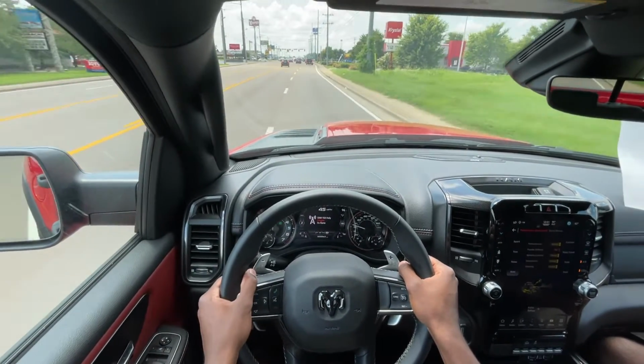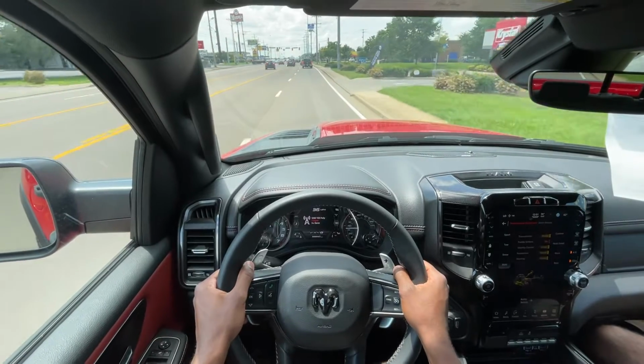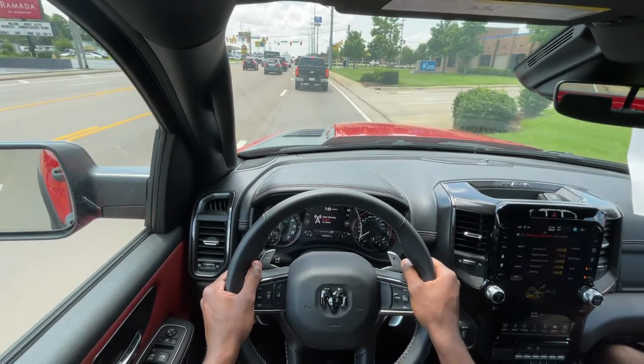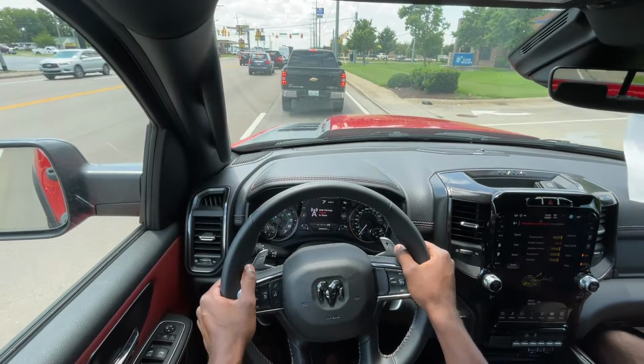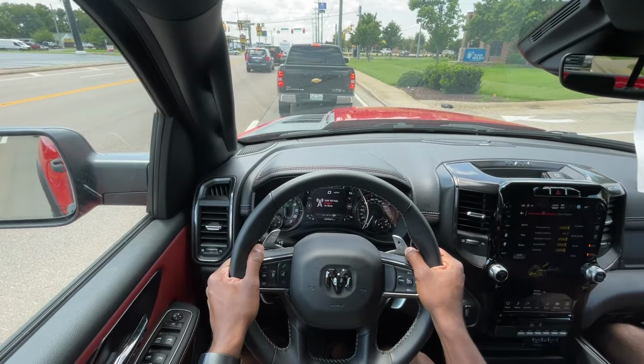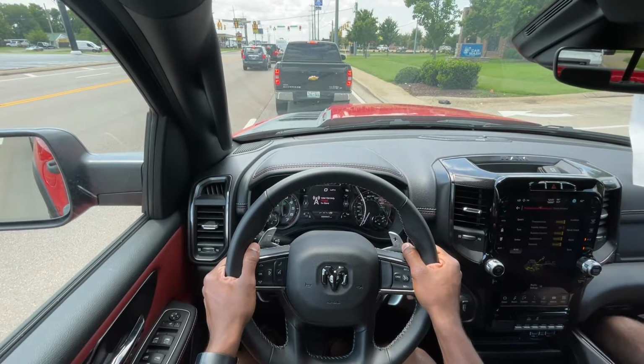But I just love that supercharger whine. It's insane. And I don't want to put my foot into this one too much because it has 63 miles on it. But of course, these trucks are made for...